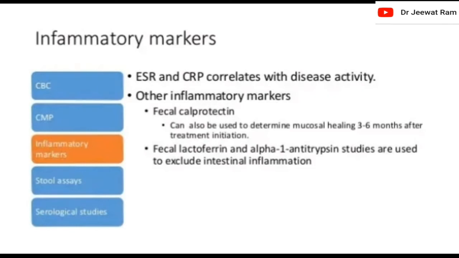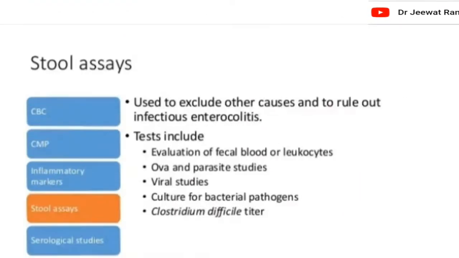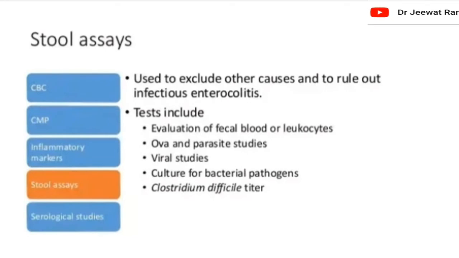Other inflammatory markers, fecal calprotectin, can also be used to determine mucosal healing 3 to 6 months after treatment initiation. Fecal lactoferrin and alpha-1 antitrypsin studies are used to exclude intestinal inflammation. Stool assays are used to exclude other causes and to rule out infectious enterocolitis. Tests include evaluation of fecal blood or leukocytes, ova and parasite studies, viral studies, culture for bacterial pathogens, Clostridium difficile